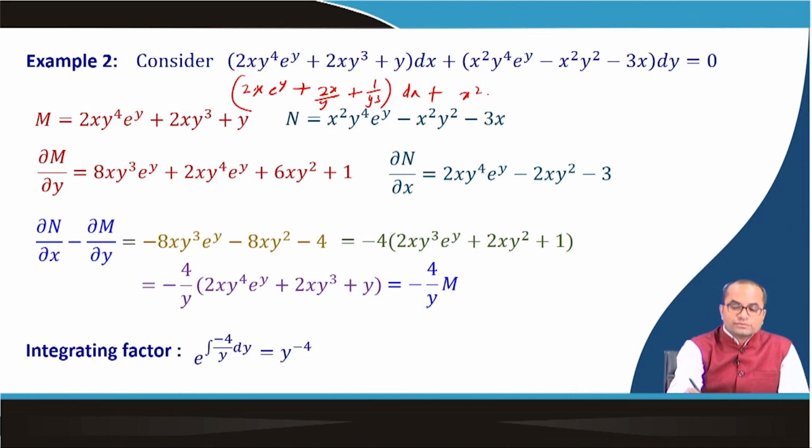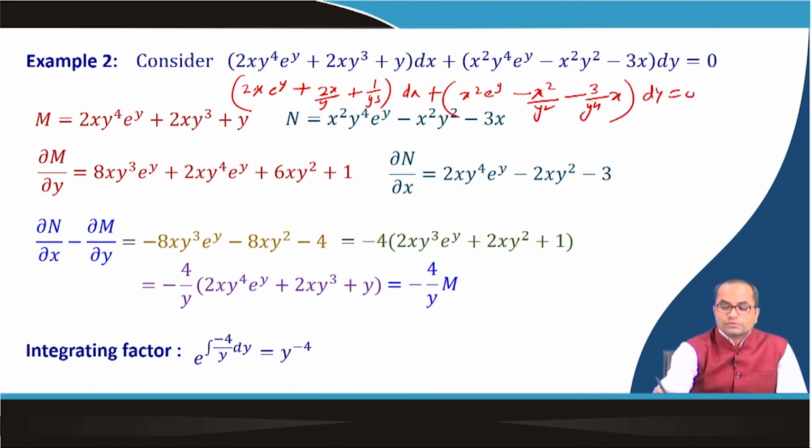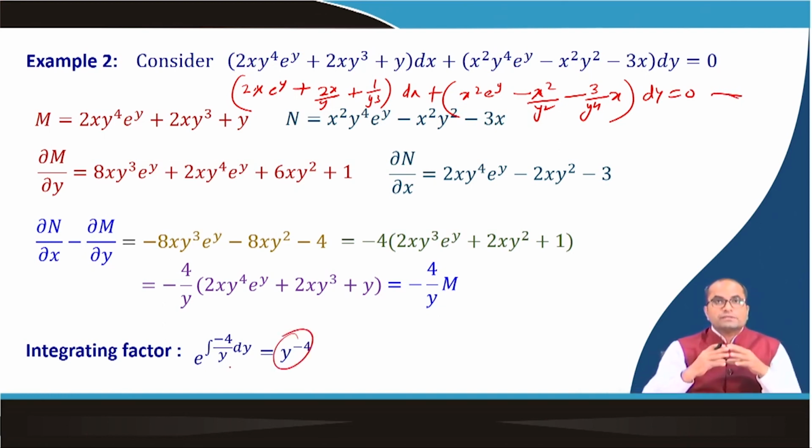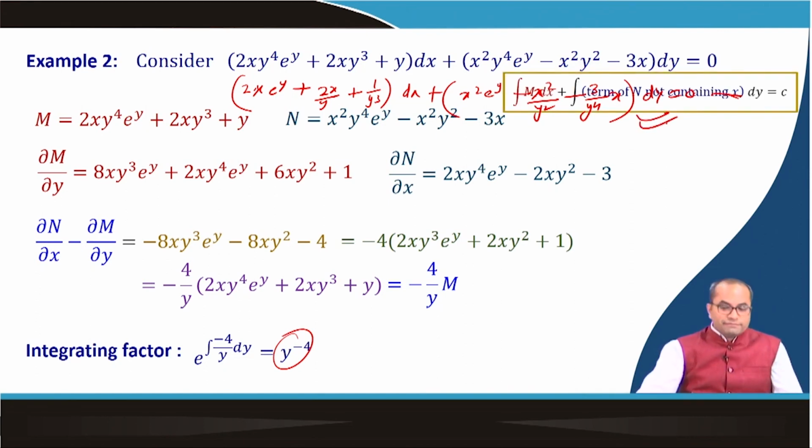So, we have x^2 e^y, minus x^2/y^2, and here we will get -3/y^4 and then x, and then we have dy is equal to 0. So, this differential equation after multiplication by 1/y^4 will be an exact differential equation, and then we can use